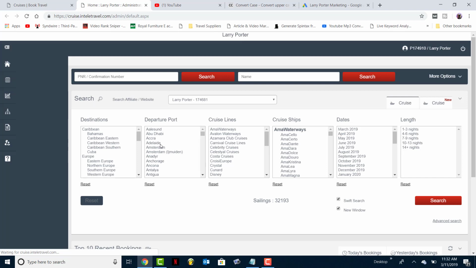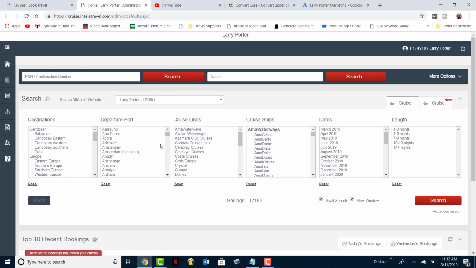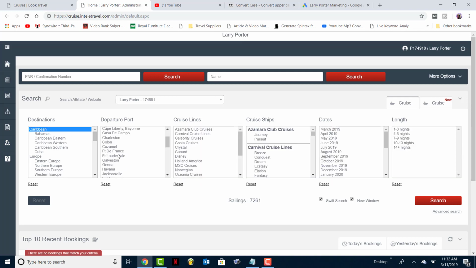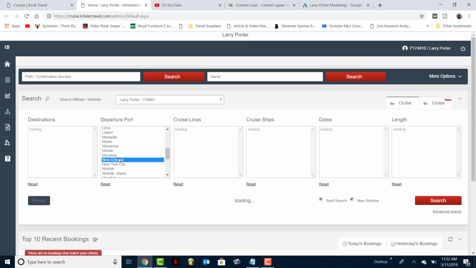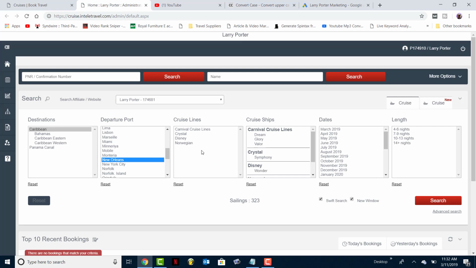So let's say you just want to put together a quote for a client. They don't have any specifics. We're just going to do an example. So let's say we're going to select Caribbean cruise. So come here and select Caribbean. Let's say we want to port out of, let's see, New Orleans. Let's select, let's see here,